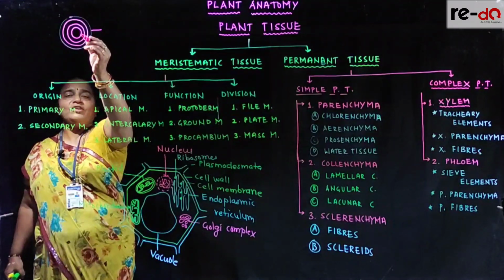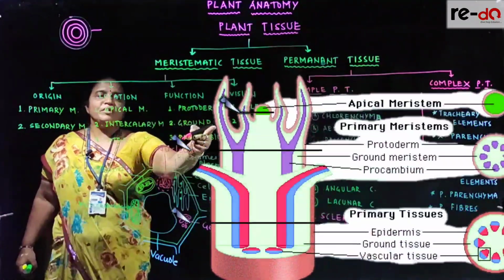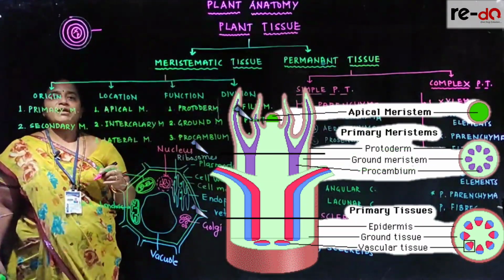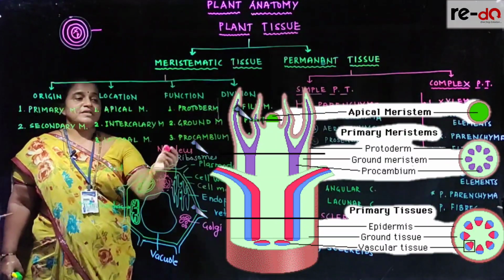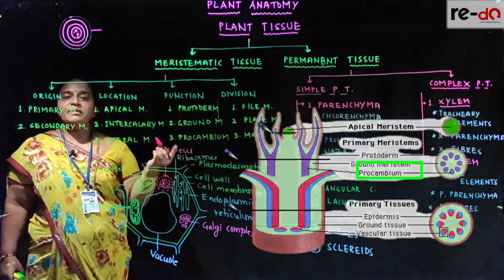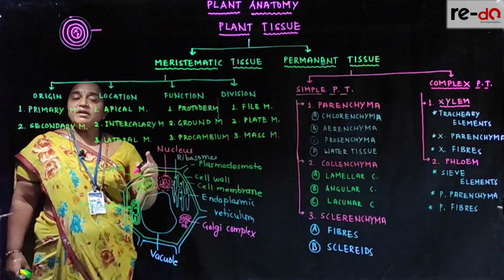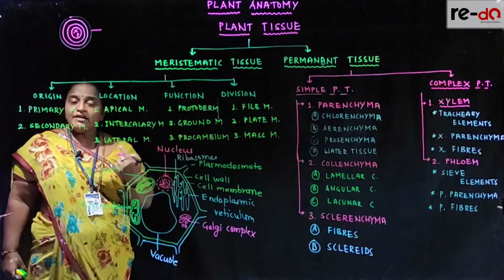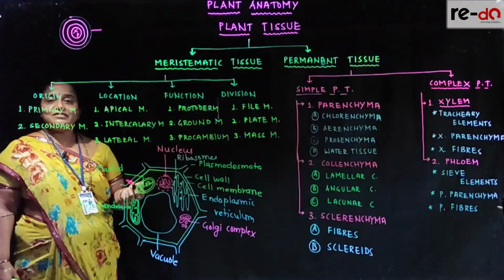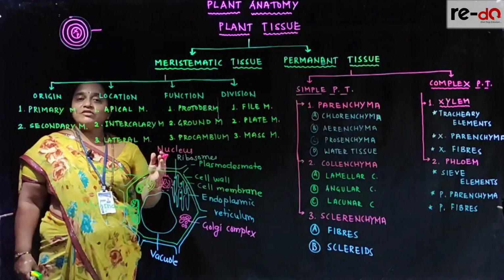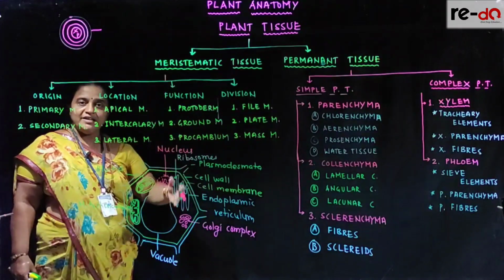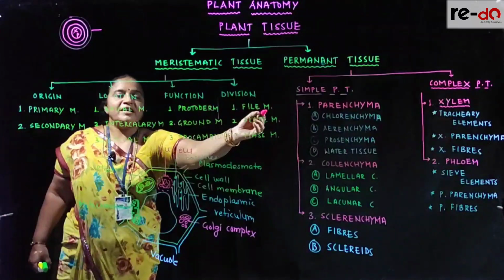Then hypodermis, cortex and stele are developing from ground meristem. And here the tissue develops xylem and phloem. These are vascular tissues. These are differentiated from procambium. So protoderm will give rise to the epidermal tissue system. Ground meristem differentiates into the peripheral tissue system, and procambium will differentiate into the vascular tissue system. Then, as I said, meristos, they are always in division plane. When the cells start dividing vertically, it is said to be file meristem.